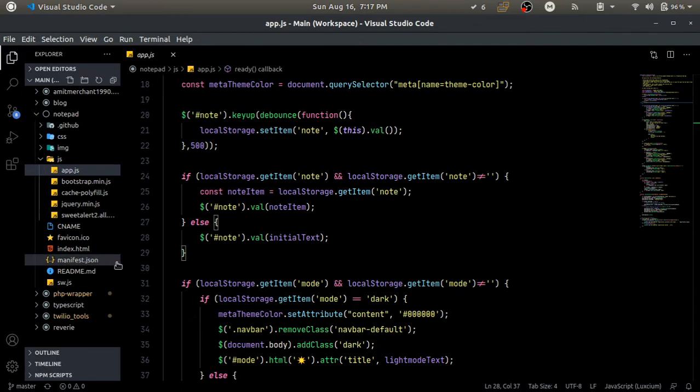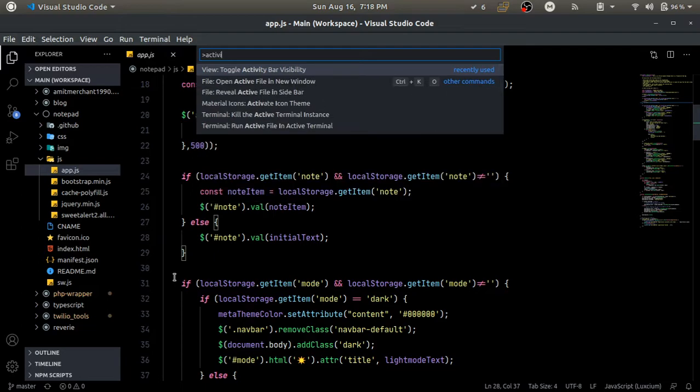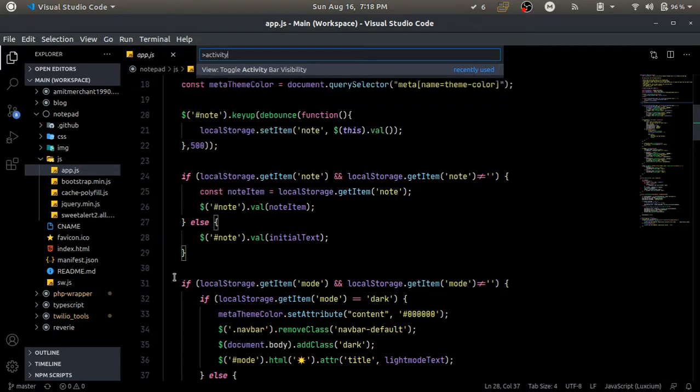In order to do this, we will first invoke the command palette, and to do this you will need to press Control Shift P, and find activity bar, and you will see one option called toggle activity bar visibility. By toggling this option, the activity bar will be disabled, or you can say hidden.